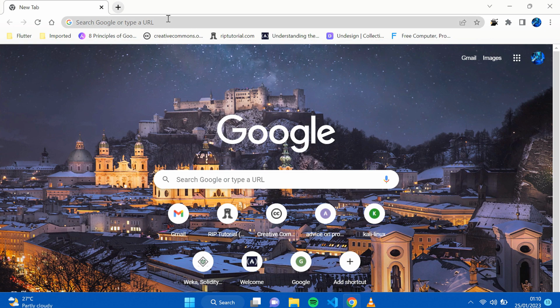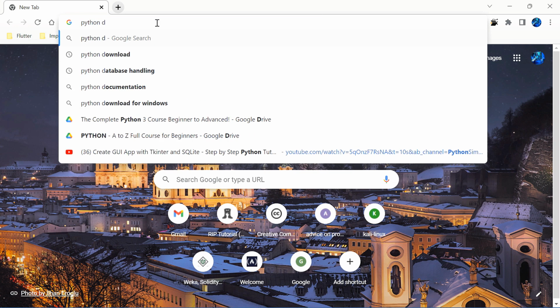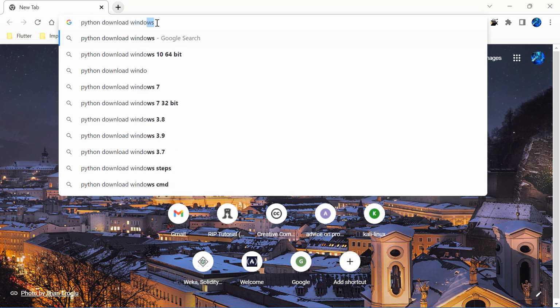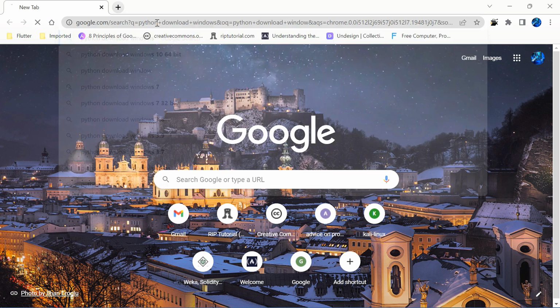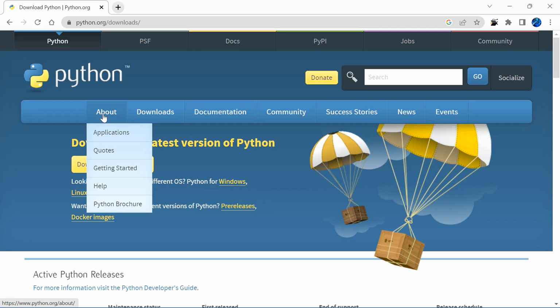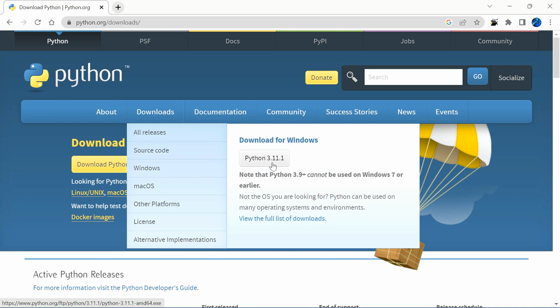Just go to your Chrome, then you write Python download. Then if it's Windows, just put Windows. Don't be mindful if you're using Windows 11 and you don't see Windows 11 there, download for Windows 10. It's the same thing as Windows 11. Then you click on enter. It should take you to the python.org environment. Once it takes you there, just go to download and download for your respective